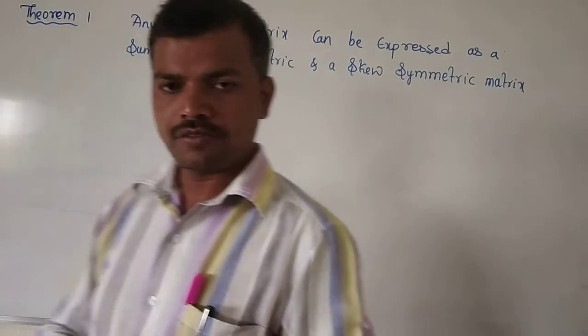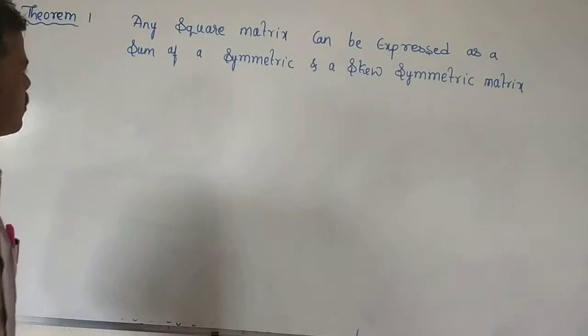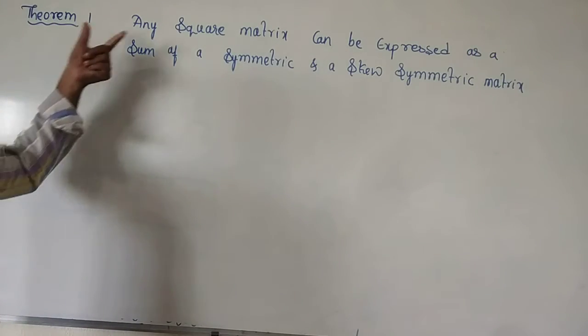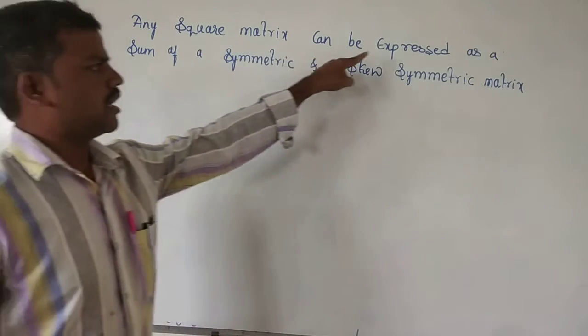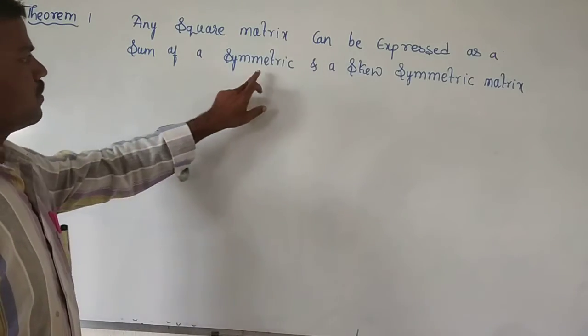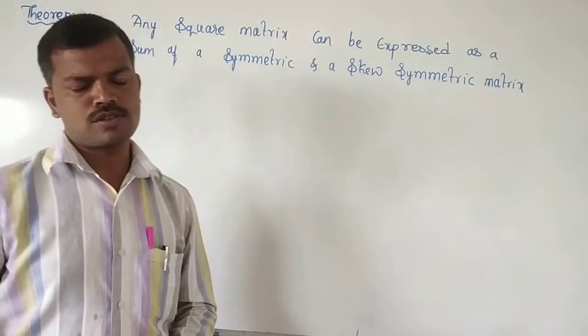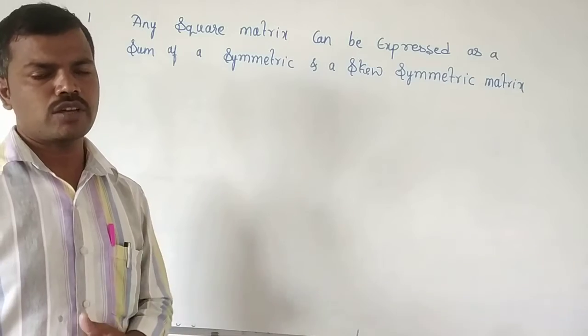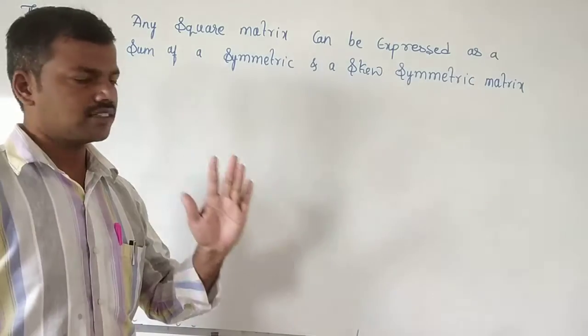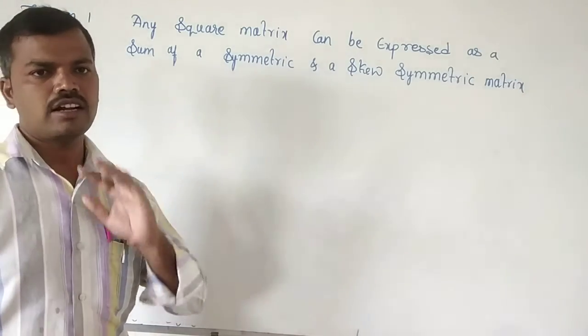So, in previous video classes, we discussed symmetric and skew symmetric matrices, and next we come to theorem number 1. Any square matrix can be expressed as a sum of a symmetric and a skew symmetric matrix. So here we have to express a square matrix as a sum of a symmetric and a skew symmetric